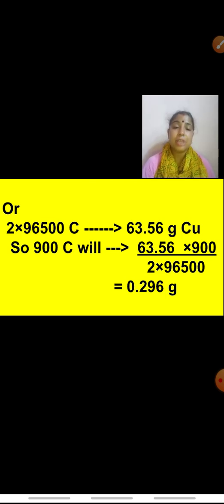Now children, I hope you all are able to understand this numerical. Such numericals will come in your board exam. I am giving some questions in the form of PDF along with this presentation. Do solve all the numericals. Do write down all the points that we have discussed today in your fair notebook. Whatever is written in the slides, you have to note down as your notes. And do write these numericals also along with the solution. And a worksheet will be attached with this presentation. Do solve the worksheet also.